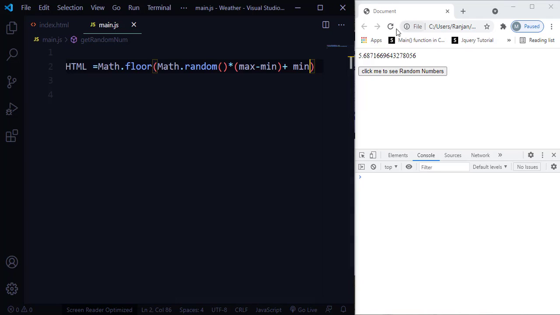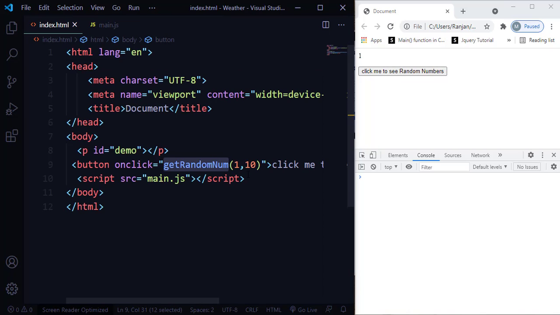So let me refresh. Every time I click, it's going to generate a random number. The first number is 9. Click another random number: 1, 3, 7, 5, 6. Every time you notice that those numbers are random numbers, yes, but you won't see 10 there. Meaning here you are going to generate a random number between 1 to 10, so it can start from 1 but excluding 10.